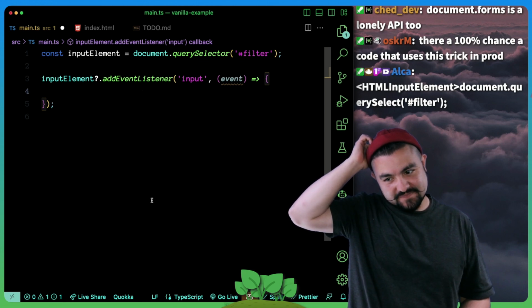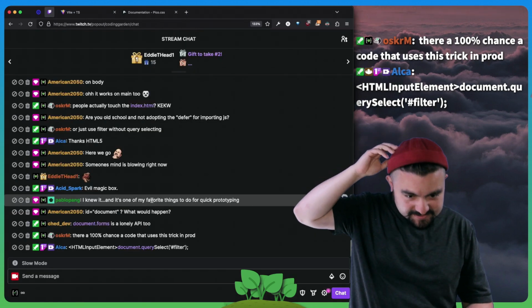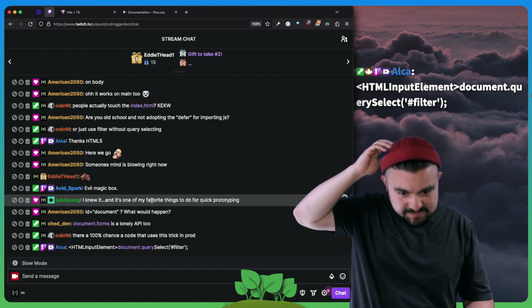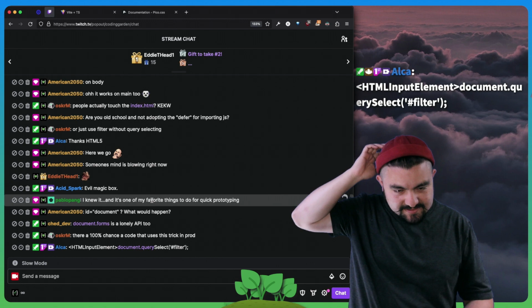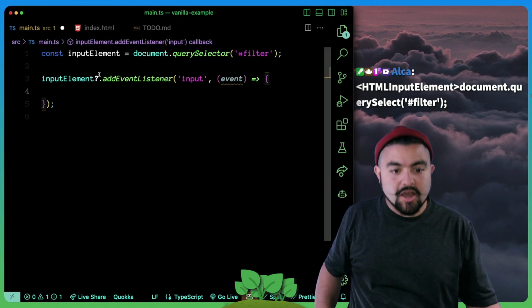Cool. Wait, what, Elka? What are you doing? HTML input element? Oh,